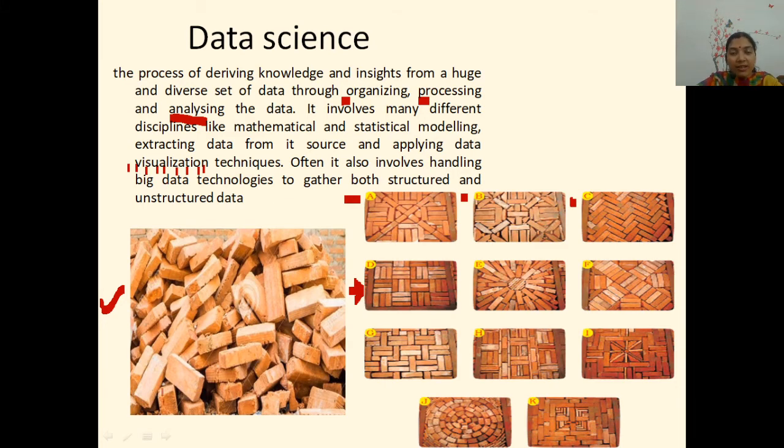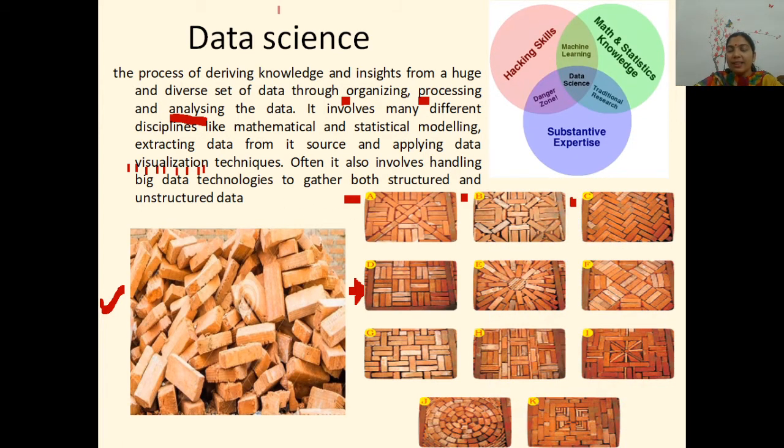How do you extract the data? How do you do extraction? Just see here in these bricks also. All the bricks are not good, maybe may not be utilized well in this structure. Few may have to be rejected. Few more bricks would require some reconstruction or arrangement. So in this way, we require to do a lot of work in data science.